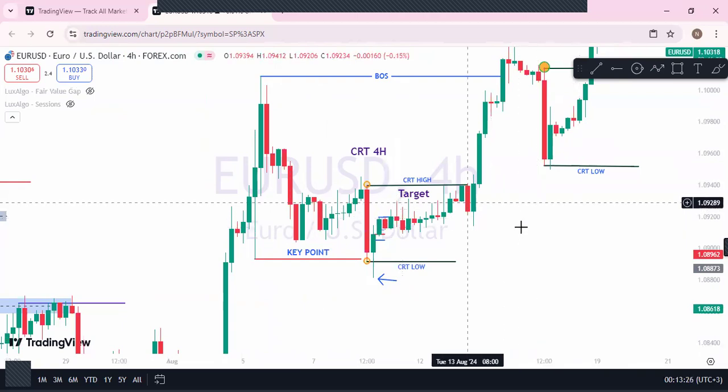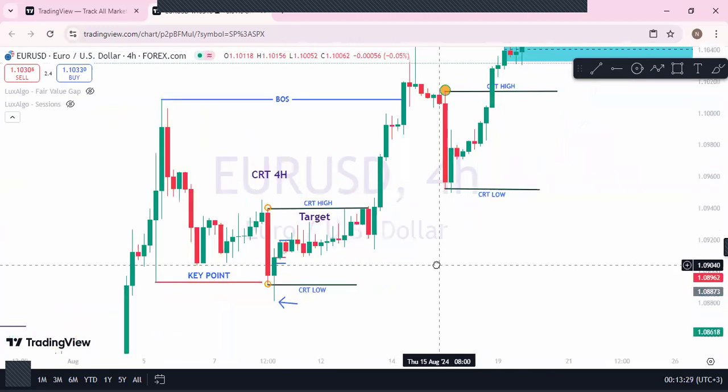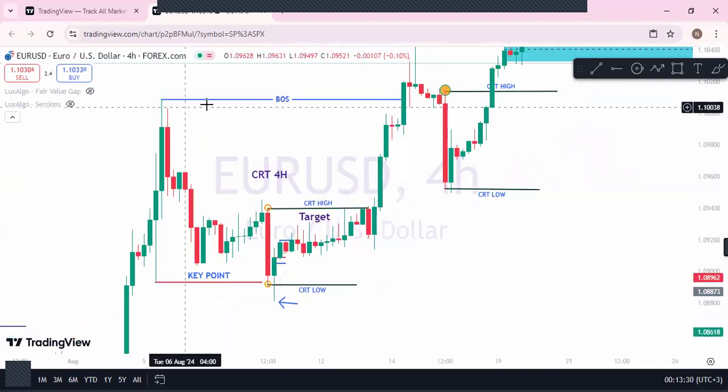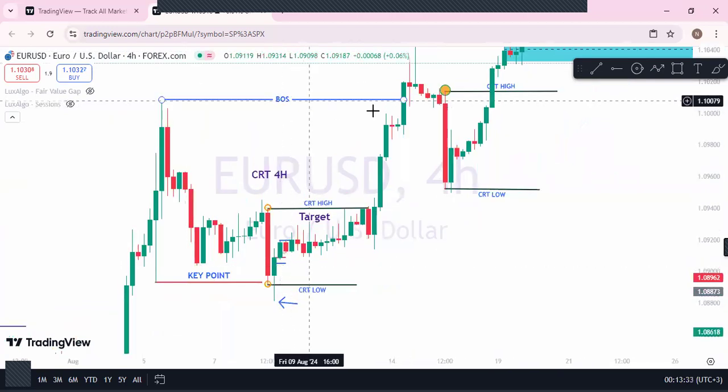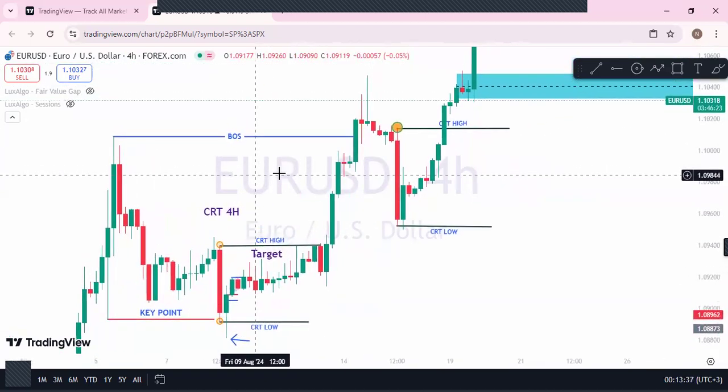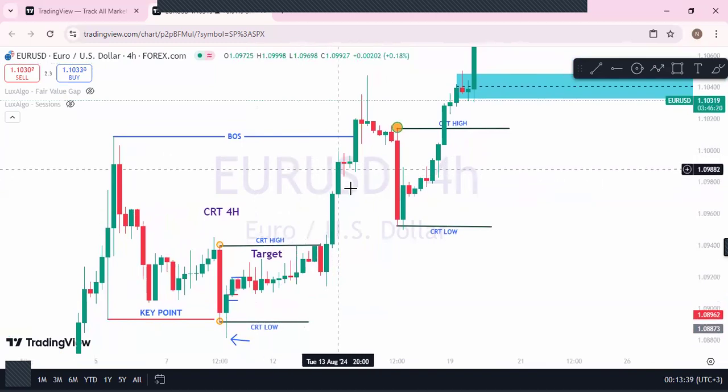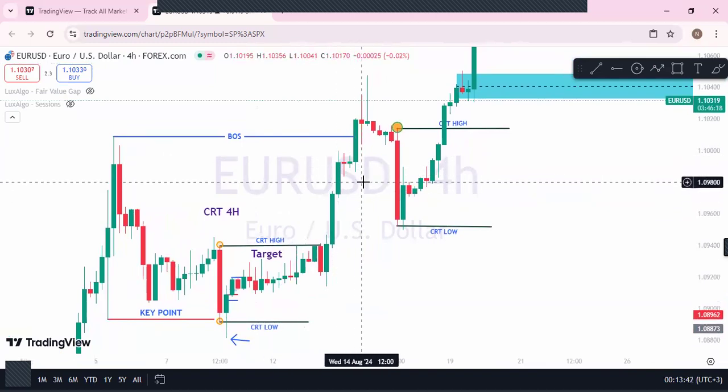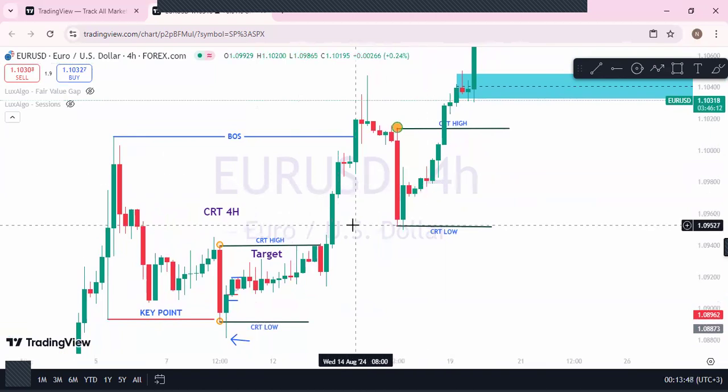Now, after that, we are seeing the buy-side break of structure at this point, which indicates that the trend of the market will still proceed. The trend of the market is in a continuation state. And in a higher time frame, or when the market is in an uptrend, there is formation of higher highs and higher lows. So after the market has broken the structure,